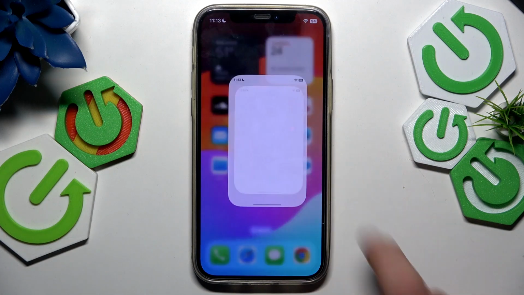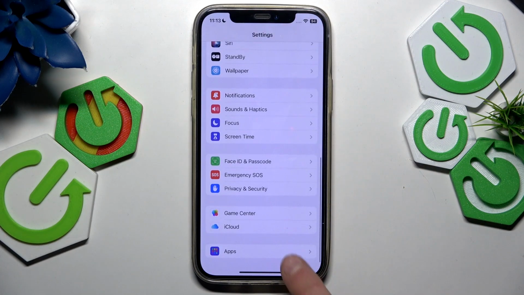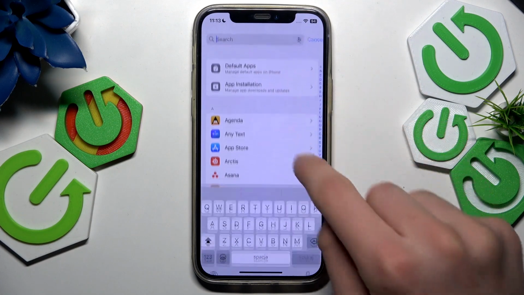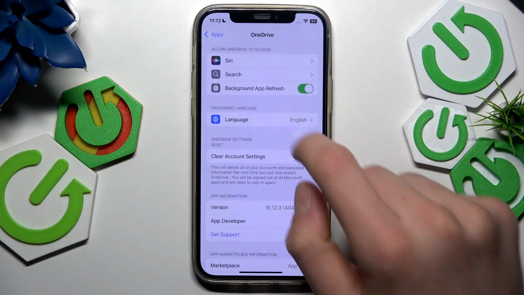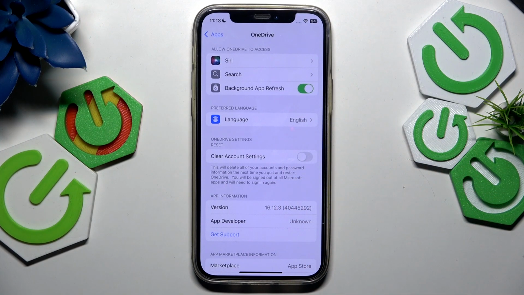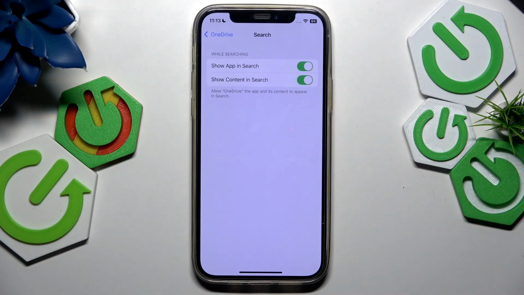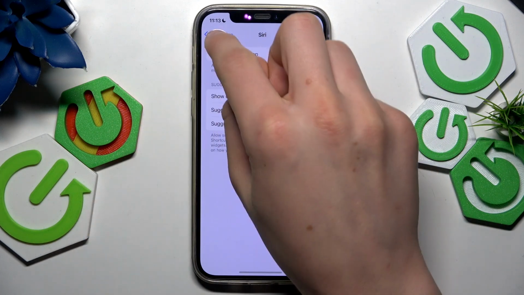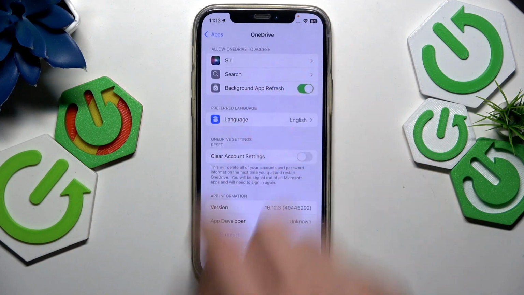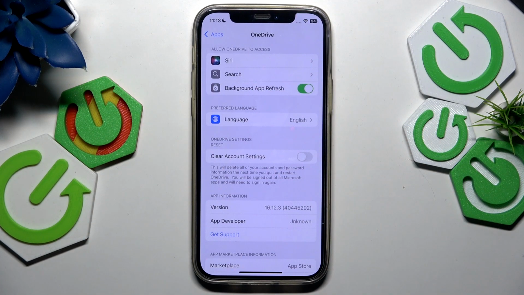First way is go to the settings, scroll all the way down, go to the apps, and just find your app, OneDrive, right here, and set all settings to the default. Like here, search all on, Siri all on, background app refresh on, and language doesn't matter. If you change every setting to the default and still got the issue,